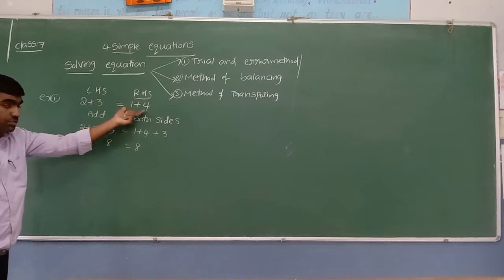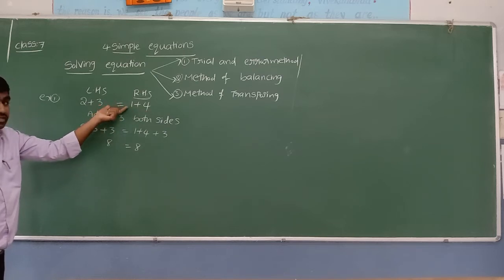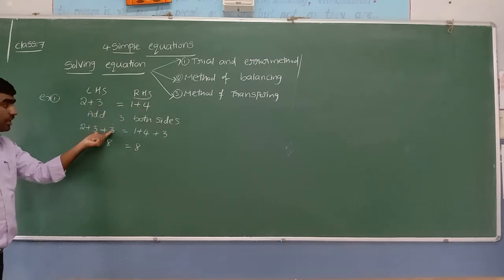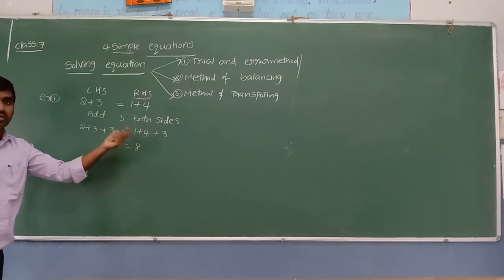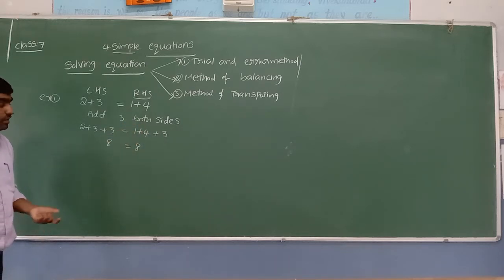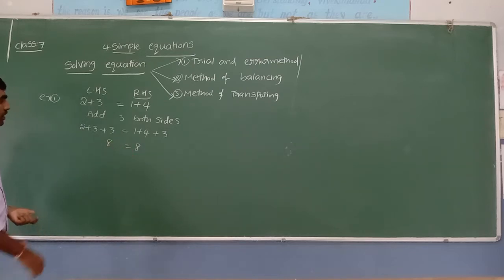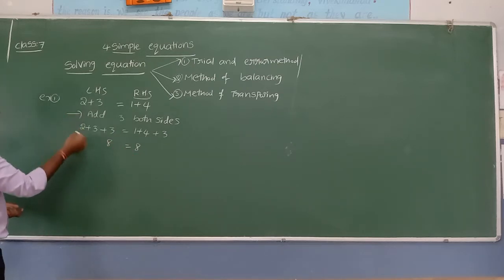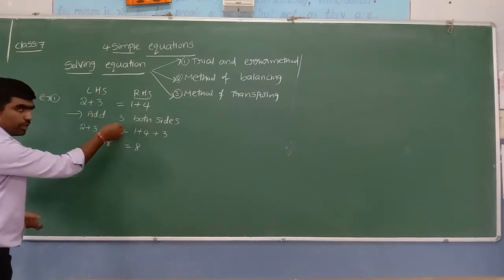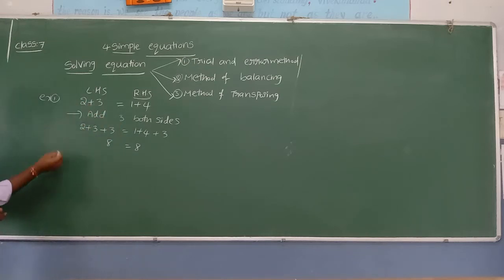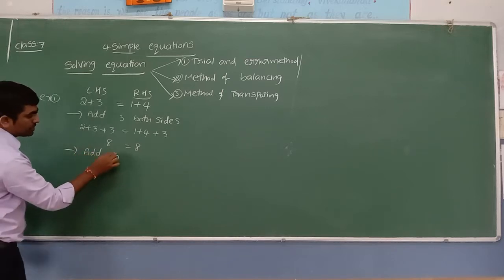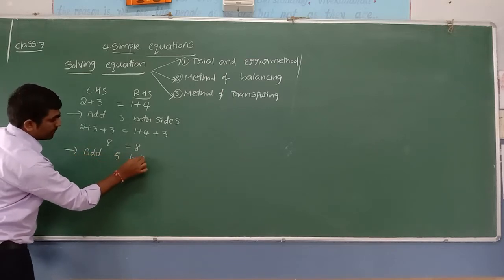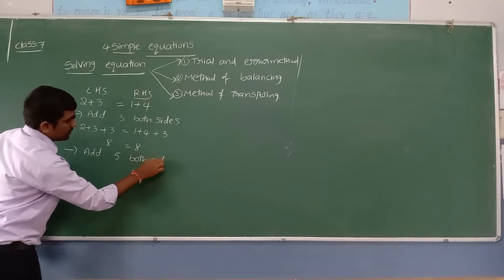So when it is a true statement, when equality holds, by adding the same number to both the sides, even the result also is equal. Still the equality holds. Sir, can we get the same on both sides by adding 3 only or by adding any other number? Let's verify this result by adding another number. Now let me add 5 to both sides.